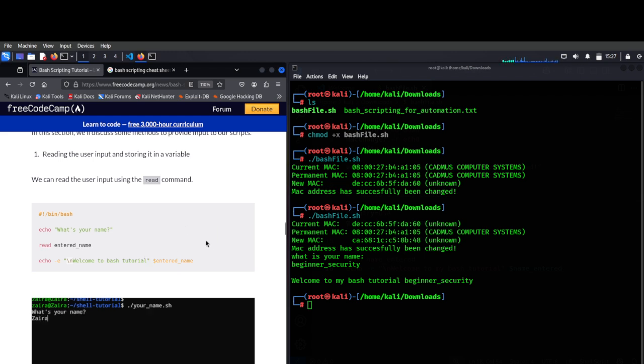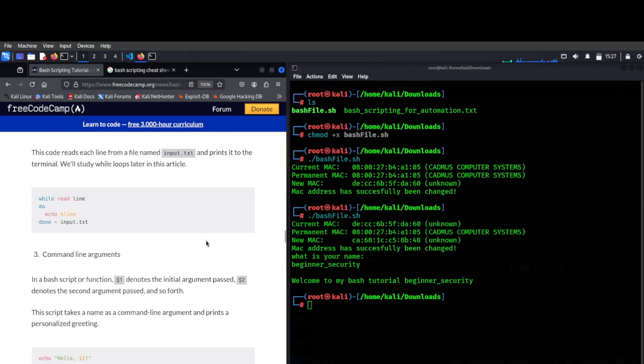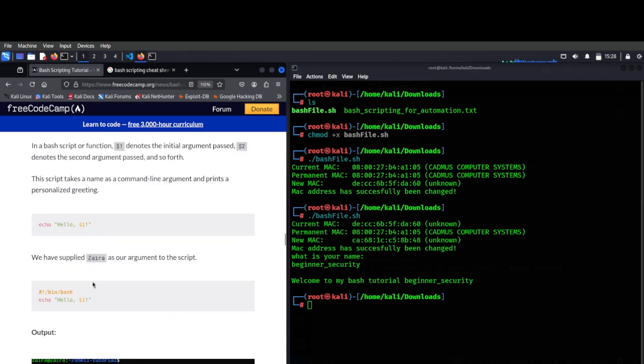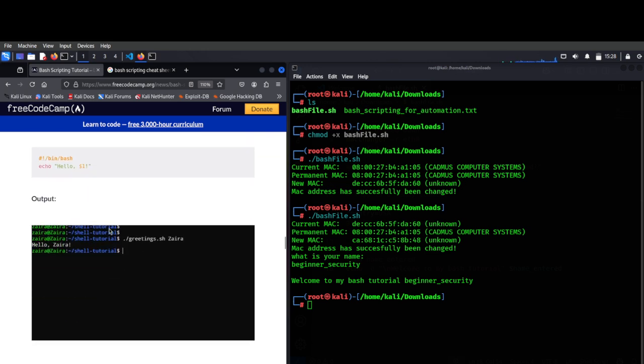Down here, we're going to go to the command line arguments, which depends on which ones you put in, right? In a bash script or function, a dollar sign then one denotes the initial argument passed in, two denotes the second argument, and so forth. This script takes a name as a command line argument and prints a personalized greeting. That's interesting. We have supplied Ziara as our argument to the script. So hello,